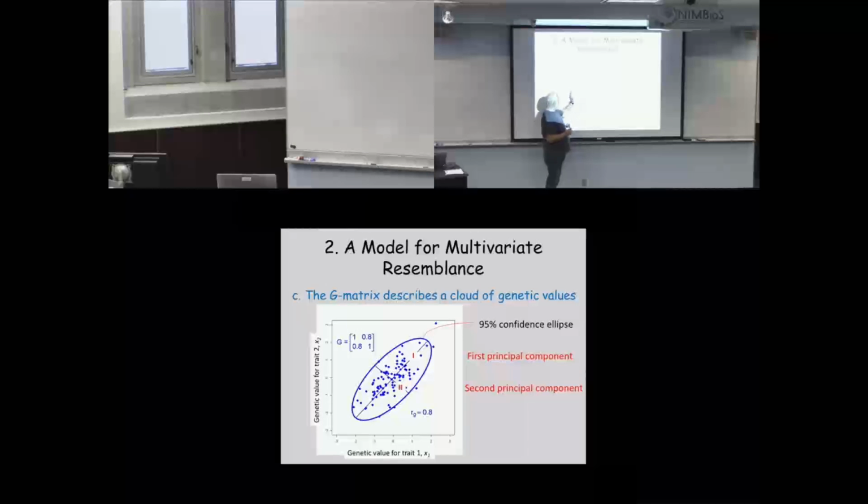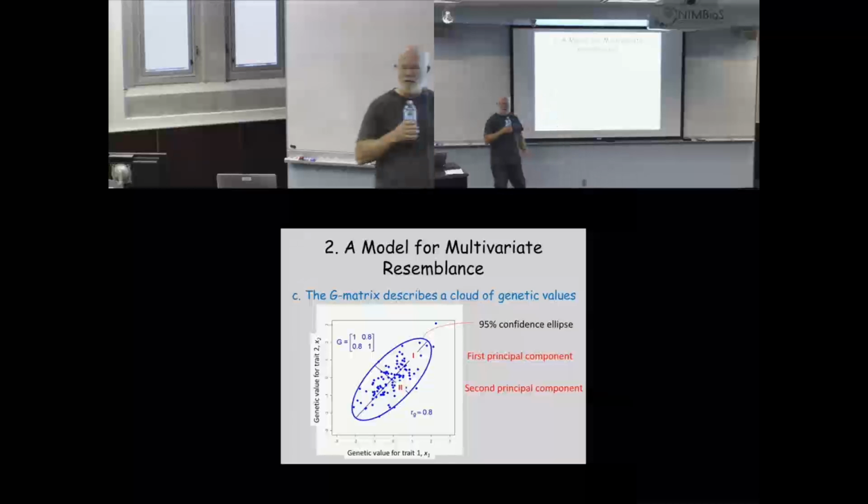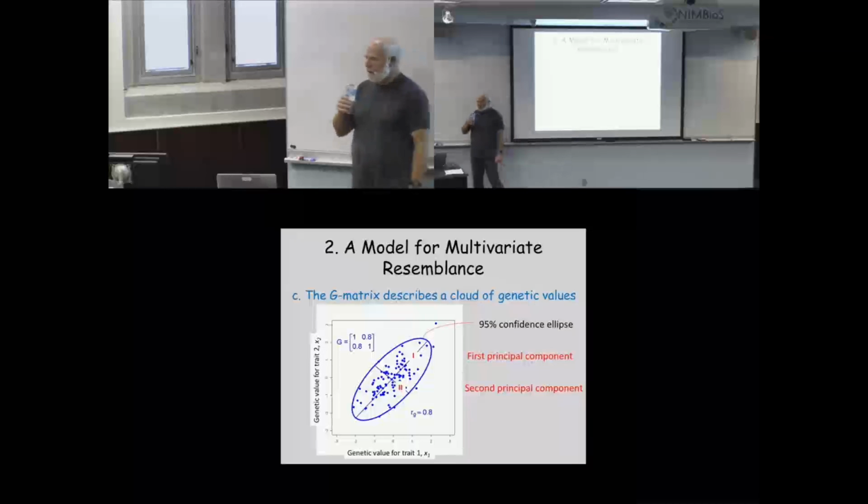So what are the eigenvalues? I didn't tell you about those. That is the variance in this direction and the variance in this direction. This is the eigenvalue for the first trait, the variance in that direction. Here's the eigenvalue, which is the variance in this direction. And so you can plot the 95% confidence limits. I did that in a little weird way, but